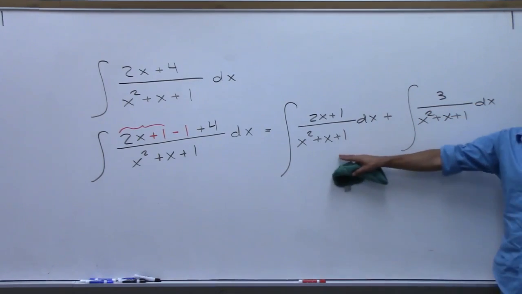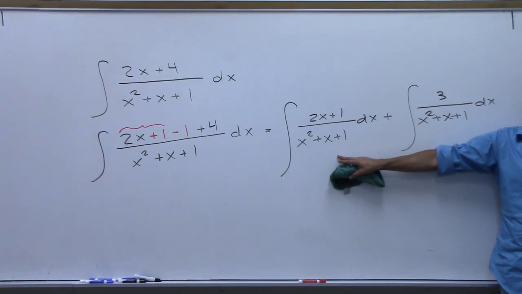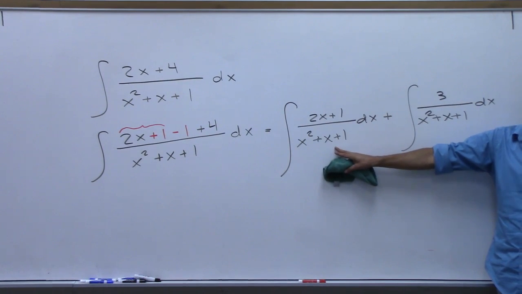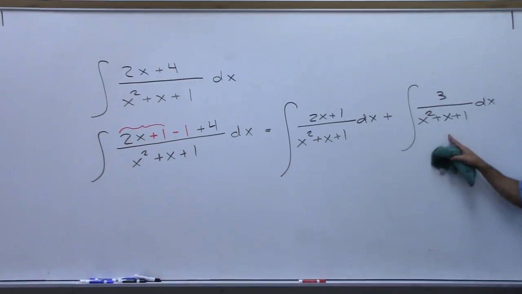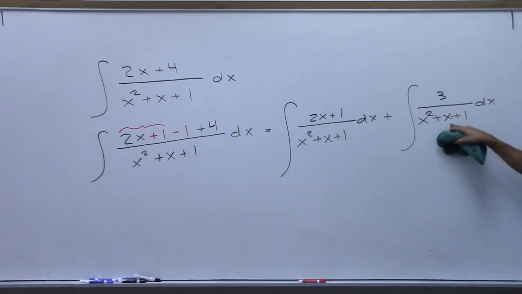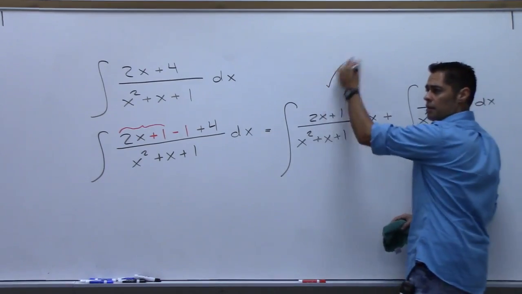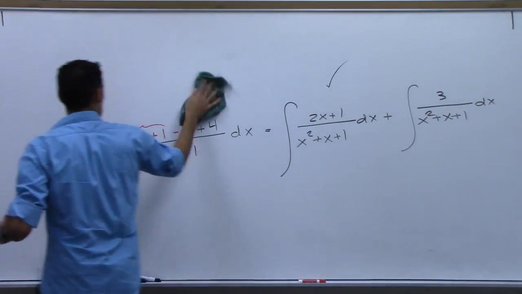So this one's done, right? Natural log of the absolute value of the denominator is the antiderivative of this. And then over here, complete the square. So you want me to go complete the square? You're good. Anyone else want me to keep going? Yeah? Okay, so I'm going to do this one right here. This one's done? Check? Yes, okay. All right, so on the other one,